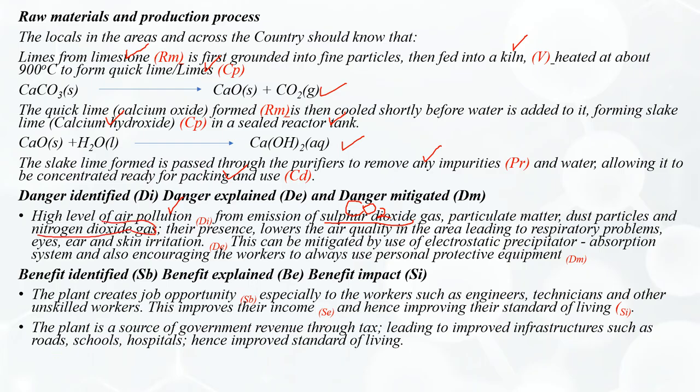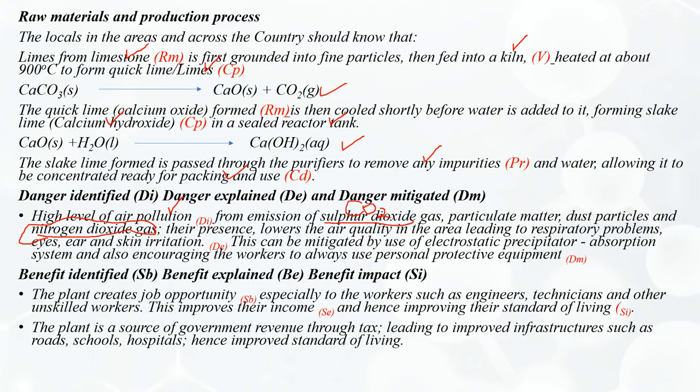Like, what am I saying? We are supposed to include what we have. If you are producing lime, do we need to include even nitrogen dioxide? Is it part of our process? Is it being produced anywhere? What is being produced is carbon dioxide gas, maybe dust particles which may come up, but not nitrogen dioxide gas, not sulfur dioxide gas. I believe that is very clear.